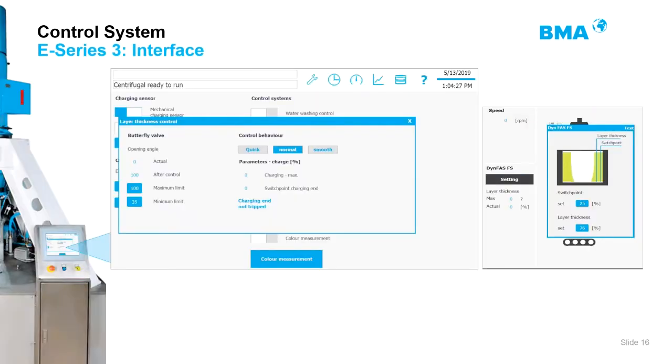What you are seeing right now is the easy set point of this sensor. We are showing you the new control system that we have. It is 2 years old, relatively new, and it's the E Series 3, and it's very easy to set up. You have to set only a couple of breakpoints or switch points to adjust the amount of massecuite that you want to get in your basket, in your centrifuge, and we have some control behavior algorithms inside, because with